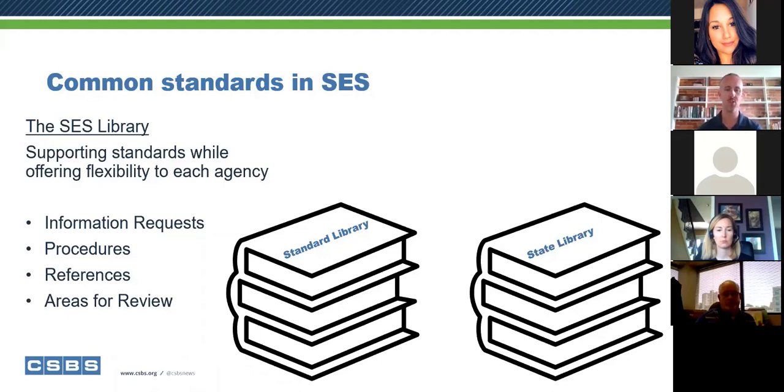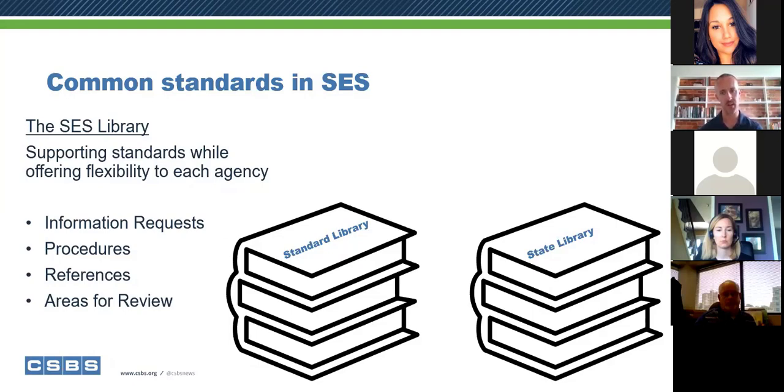And as much as we try to standardize and harmonize and all work together in a network system, each agency is going to need the freedom and flexibility to operate and ask questions or conduct procedures or include references to their own unique requirements. And we never imagined a system where everybody was marching in perfect lockstep. And that's why we built the state library in tandem with our standard library in SES.